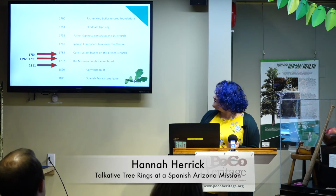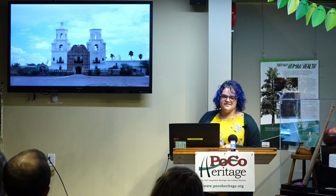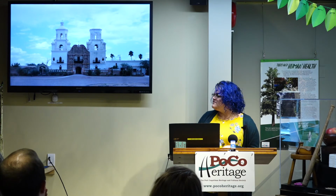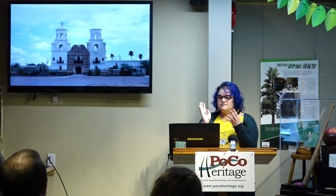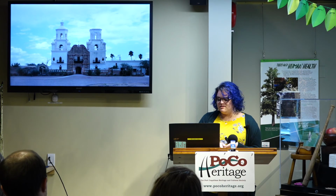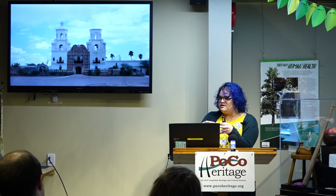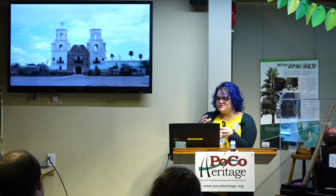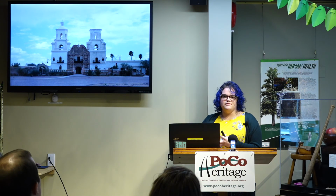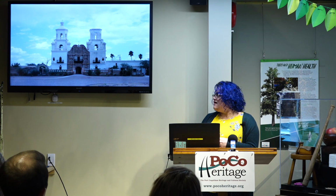There's a lot more left to learn from this mission, and they're doing renovations constantly, which is quite happy for people who like to do tree ring science. So we've fostered a communication between not only the local San Javier Totem Council and the mission itself and the local archaeologists, to hope to use the tree ring lab in Tucson and people there, and people like me who are interested in both history and the natural world, to learn more about this church and about the desert landscape that it was built on, and how the people who lived there and around it, near it,